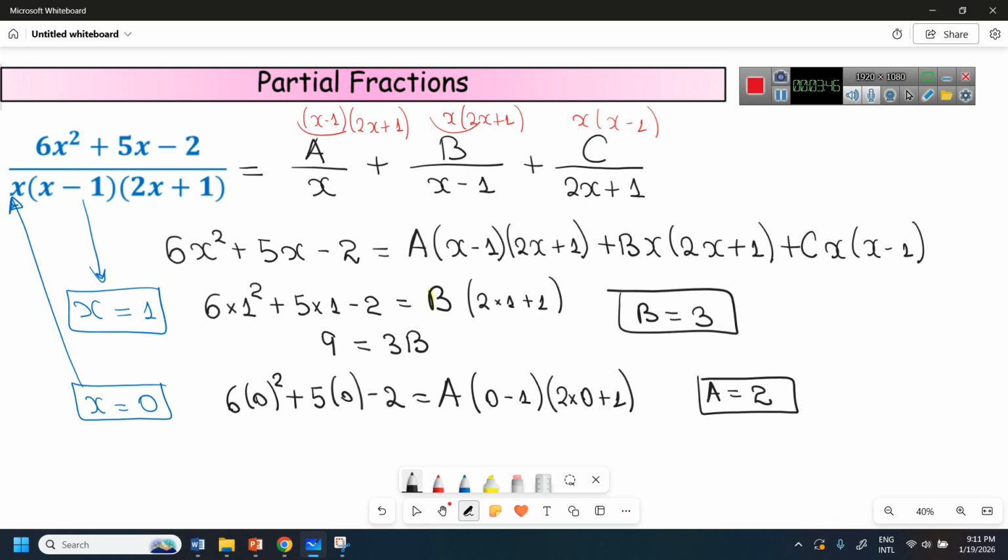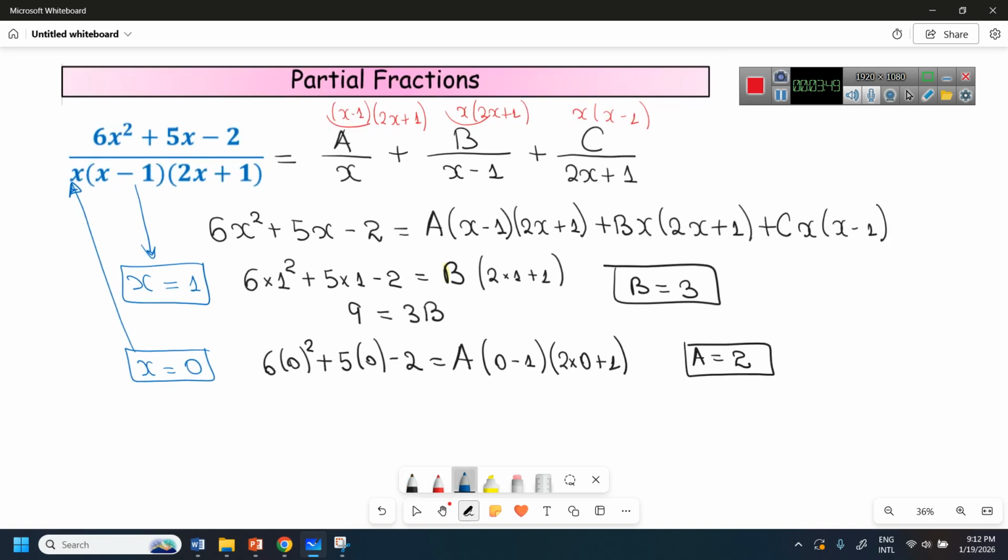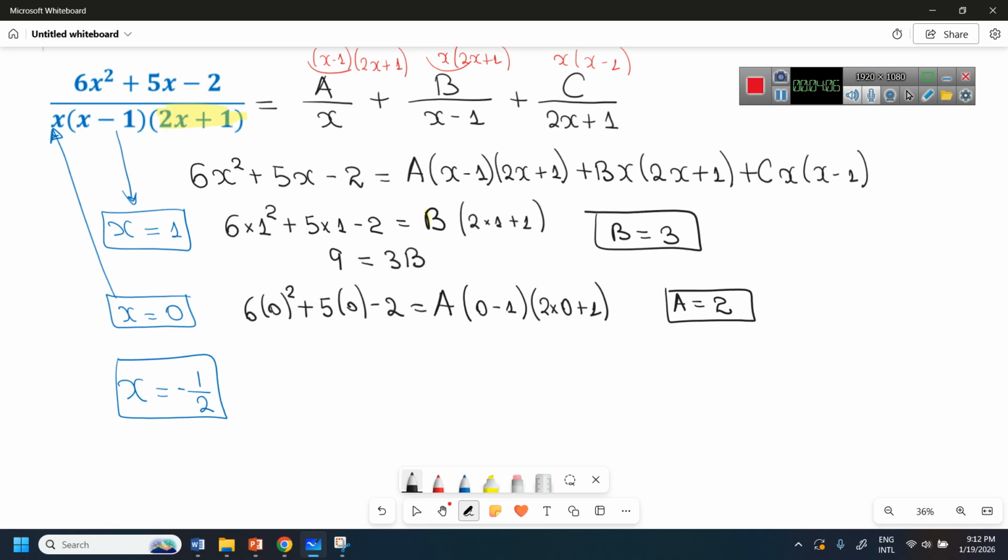And now we want to substitute the very last number, and that will come from here. If you equal that to 0, we can substitute the value of x. It's going to be minus a half. So we are going to have 6 lots of minus a half squared plus 5 lots of minus a half minus 2 equal to, where this is going to be 0, this is going to be 0,